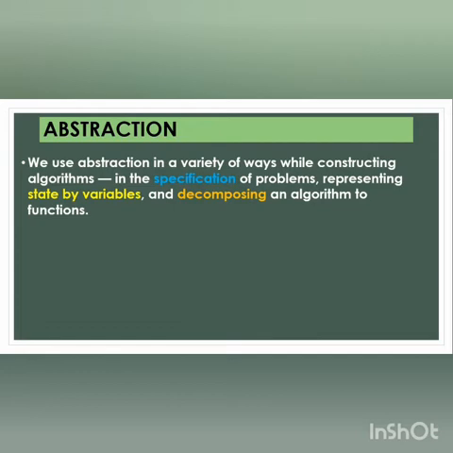And the next one is state. A computational process starts with an initial state and ends with the final state. In between, the state may vary based on the changes of the properties of the input. In algorithms, the state of a computation is abstracted by a set of variables. So, as the values of variables change, the state will also change.